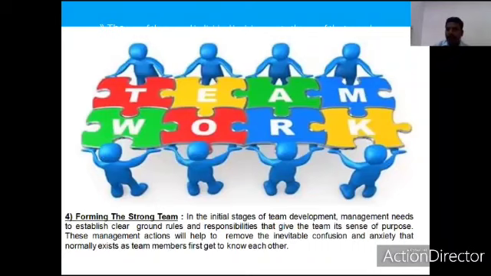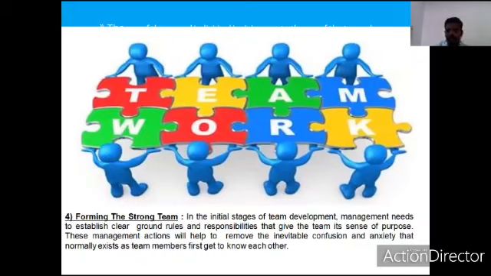And the next one is forming a strong team. A strong team means the team members should not only be good human beings, they should also have a good skill set, and a zeal to reach the zenith. They should have an interest to work for the organization or for common group goals effectively, without any problems or reasons.